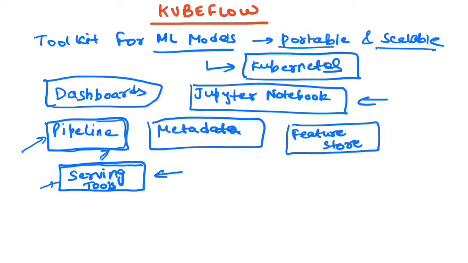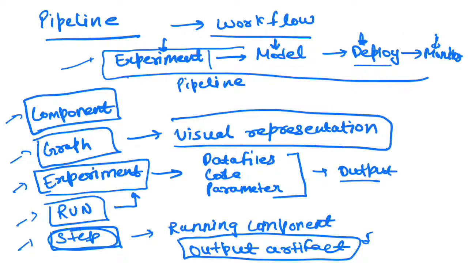So Kubeflow, as I mentioned, consists of different components, where we started with dashboards, Jupyter notebooks, pipelines, metadata, features or integration, and serving tools. And then we specifically talked about how you can create your pipelines and what internally your pipeline consists of, and we talked about different components of pipeline, that it consists of your complete workflow. And in order to complete the workflow, there are different terminologies like what are different components, how you can view it as a graph, how you can run experiments, the run steps, and the output artifact. So this is what Kubeflow offers in terms of managing your end-to-end machine learning lifecycle. I hope you got the concept.